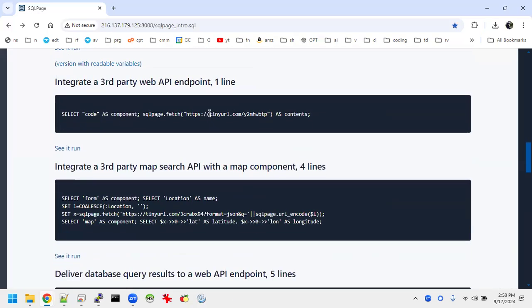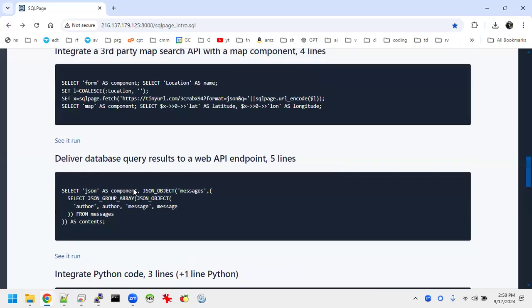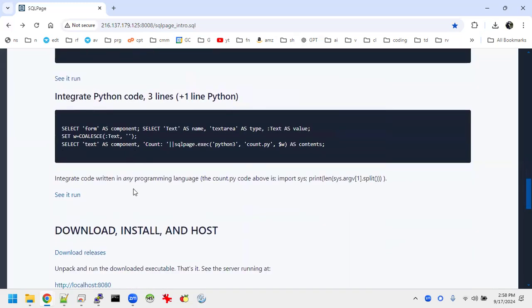You see some examples about how to integrate third-party API endpoints and how to deliver endpoints that other tools can request from, and also how to integrate code in another programming language. That programming language could be really anything that you can include in a file and the value sent to it. Can be anything that you can